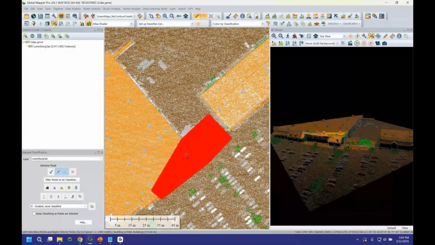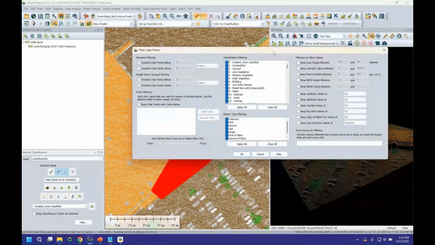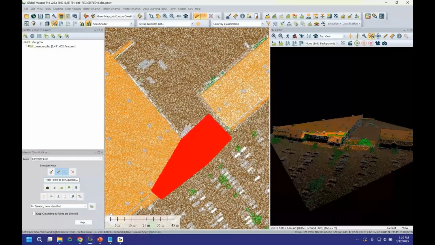And before applying a different class or unclassifying these points, which is what I'll be doing, I'm going to filter the points to be classified. Now, this isn't filtering what points I'm selecting. This is not filtering what points I am showing in Global Mapper, but it's going to filter what points receive the chosen classification that I'm going to apply. So I only want to reclassify my vegetation types. I'll click OK. We still have all the points selected, but only some of them are going to receive the